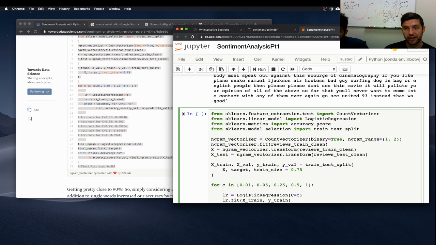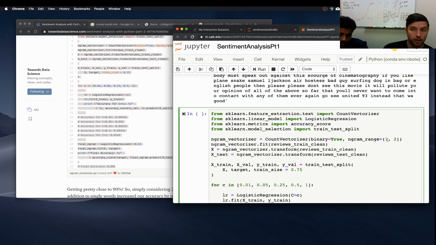Accuracy, train test split, and that is going to help us make sure that we're training on a data set that's separate from the data set we're going to finally test on, to make sure that we're not overfitting, but we're actually getting a generalizable model. And so when you specify count vectorizer, what you can do is specify this n-gram range, and it will say